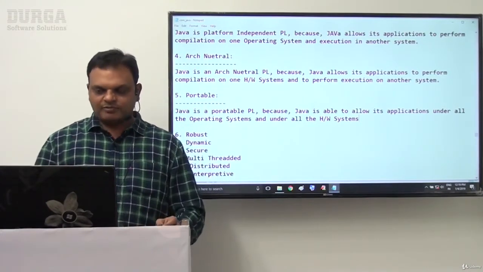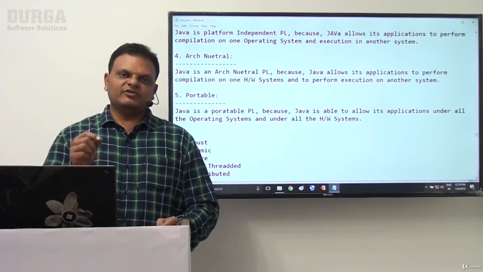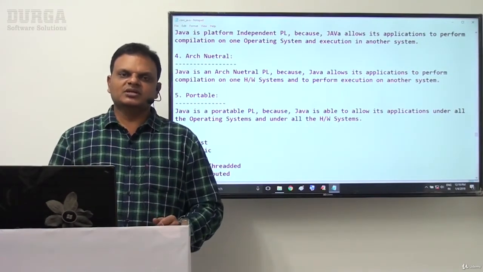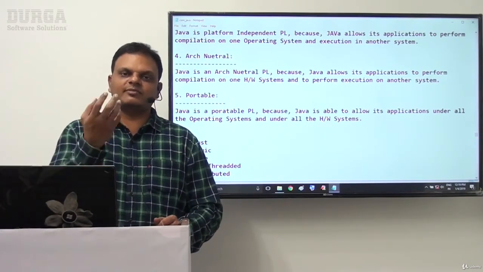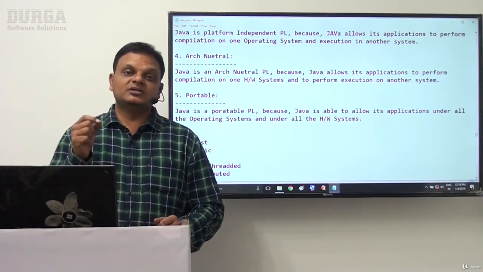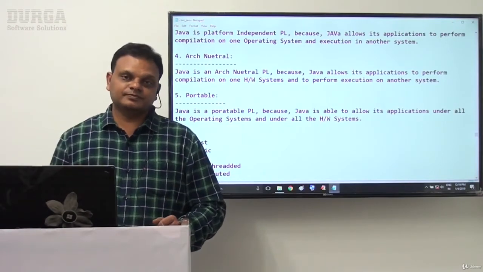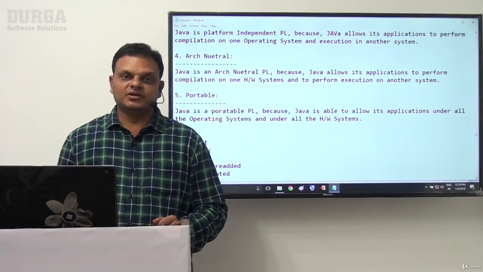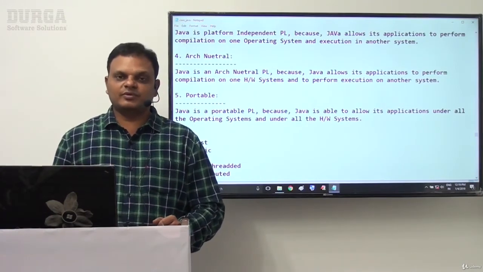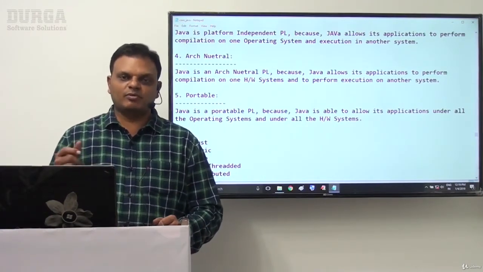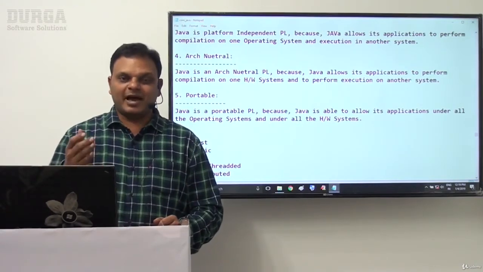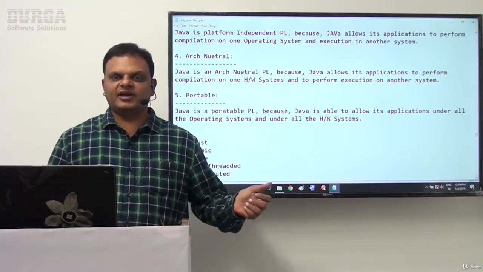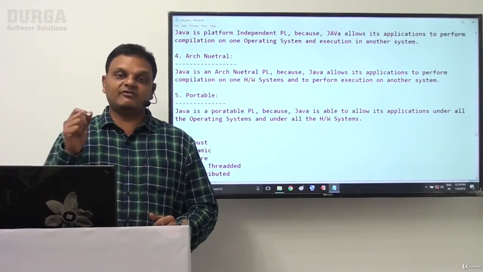Good, sir. One more simple proof I am telling. When we install Java software in our system, the installation process gives us a message. What is this message? 3 billion devices run Java. Throughout the world, 3 billion devices run Java. Maybe the devices are remote controllers, computers, mobile phones, Blackberries, parking meters, sensors. Everywhere, 3 billion devices run Java.